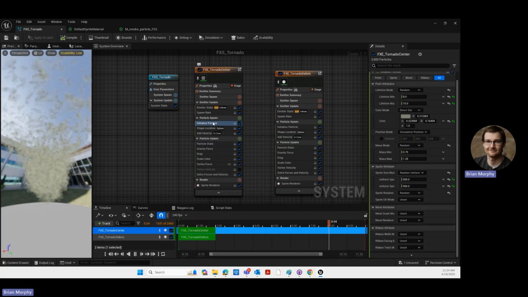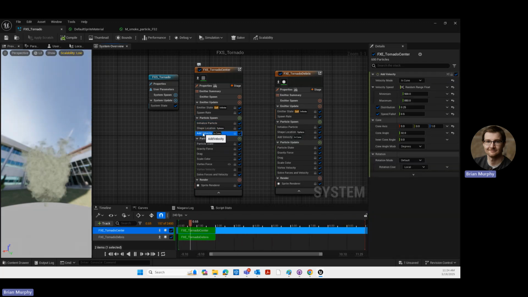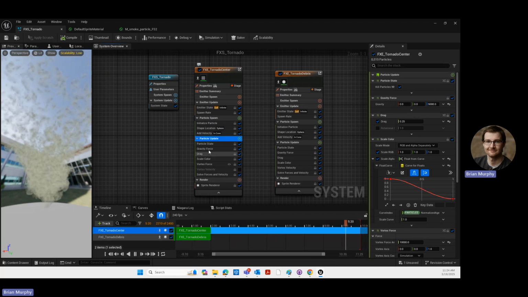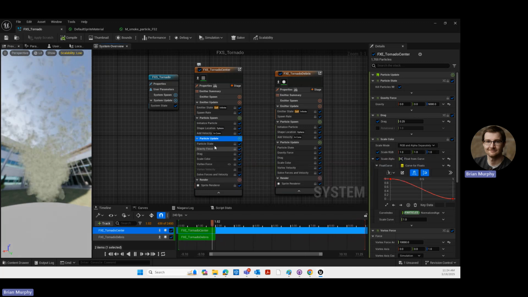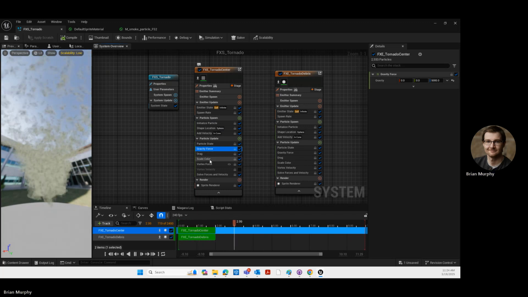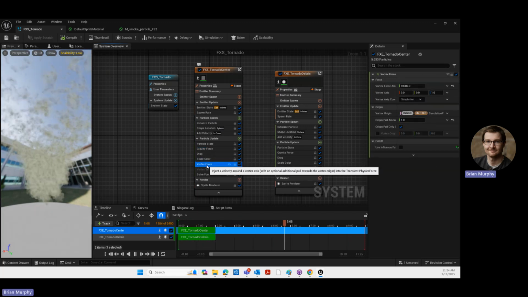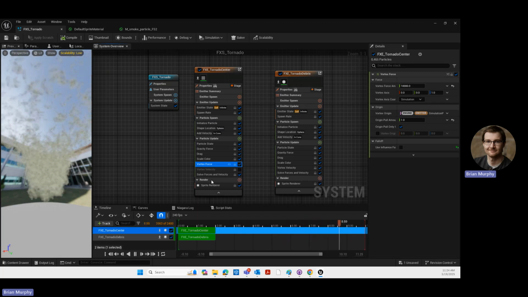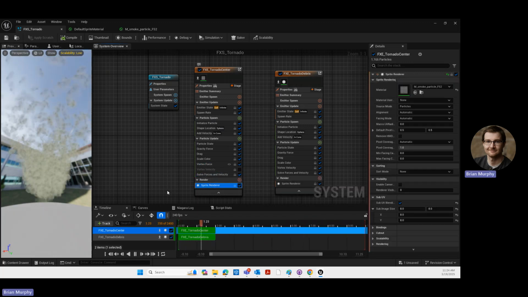You have these three sections: particle spawn, which controls the initial state of the particle, the size, the color, and the location that it comes into the world. You have the particle update, which is typically used for things like physics. In our case, we are applying a force upwards to pull our smoke up because our tornado twists upwards into the clouds. And we're applying this vortex force to get it to spin. And then in the sprite renderer, we replaced our default sprite material with this one that we pilfered from Unreal Engine,